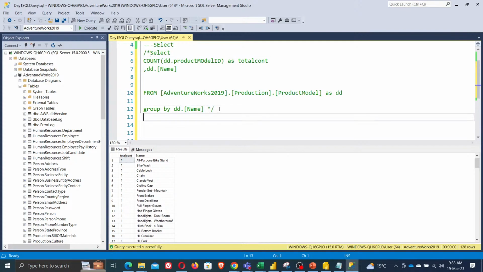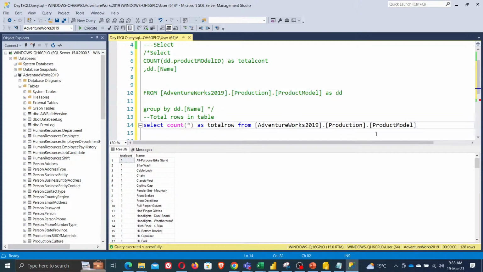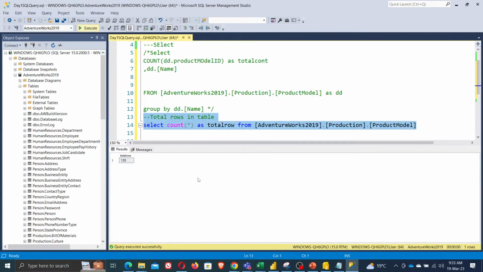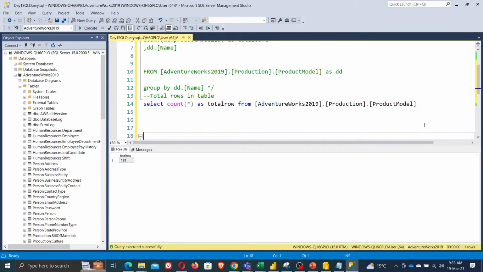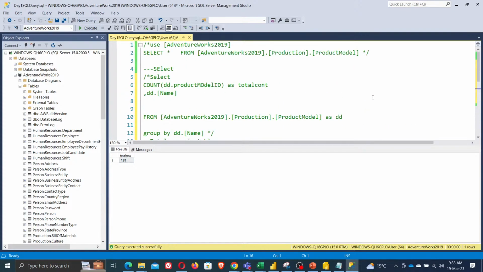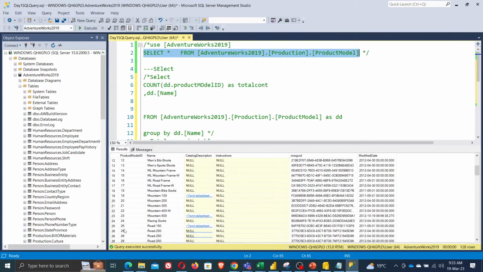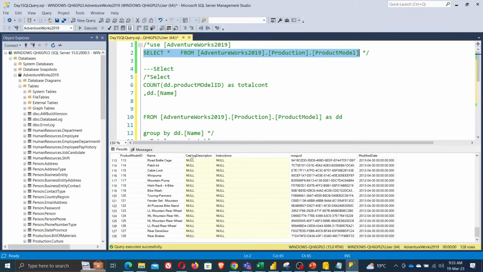सारा पड़ा रहेगा, ऐसे ही करते चलेंगे। देन मुझे देखना है टोटल रोज इन द टेबल। सो इसके लिए हम टाइप करेंगे सेलेक्ट एंड देन काउंट स्टार, टोटल रोज फ्रॉम टेबल। 128 रोज हैं इसमें, ठीक है। यहाँ से रन करके देखते हैं क्या सही है गलत है। परफेक्ट, सही है 128। अगर कमेंट भी है तो उतना पार्ट पकड़ के रन कर सकते हैं, ऐसे कोई प्रॉब्लम नहीं है।